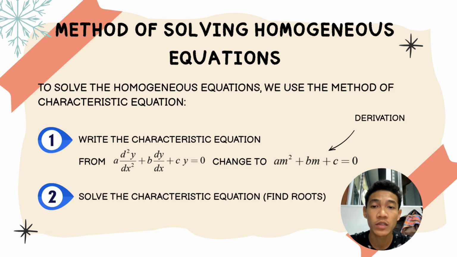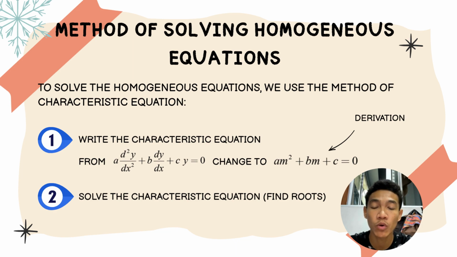First step is to start with the second order homogeneous differential equation: a d squared y over dx squared plus b dy over dx plus c y equal to 0. To form the characteristic equation, we replace the derivatives with powers of m, giving a m squared plus b m plus c